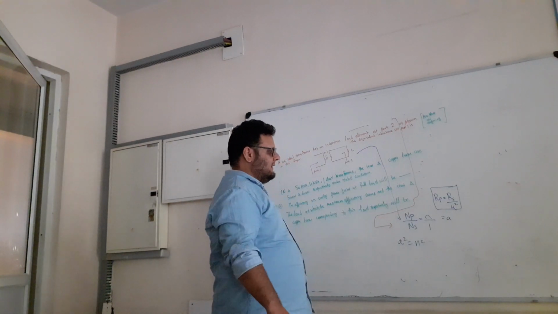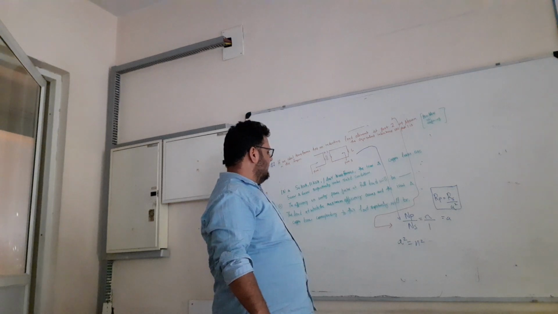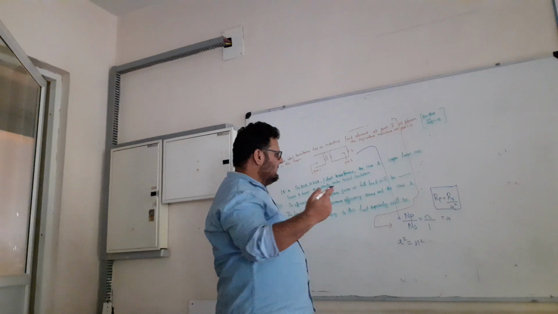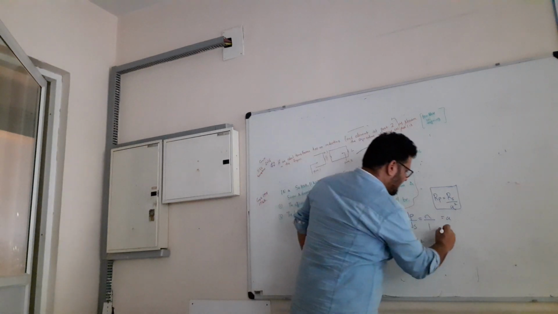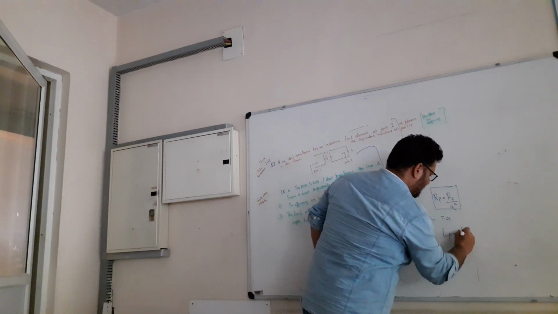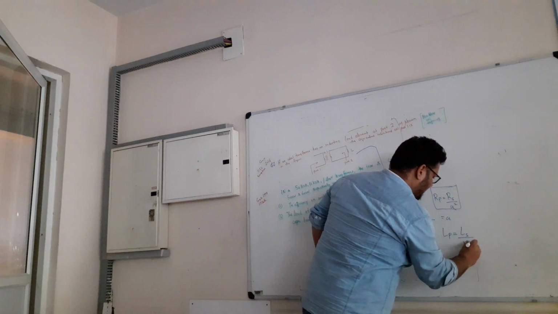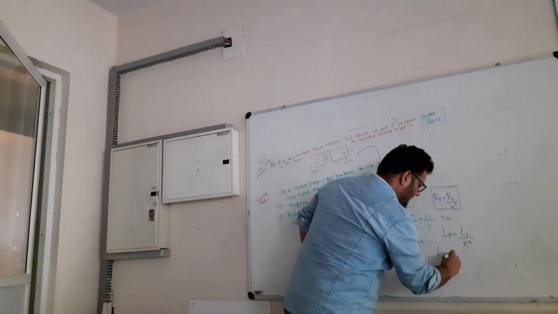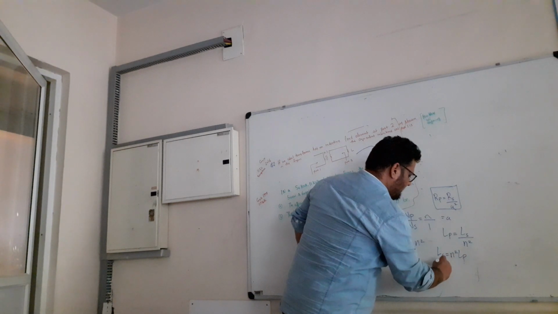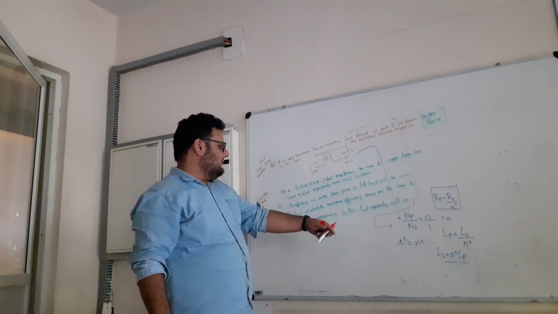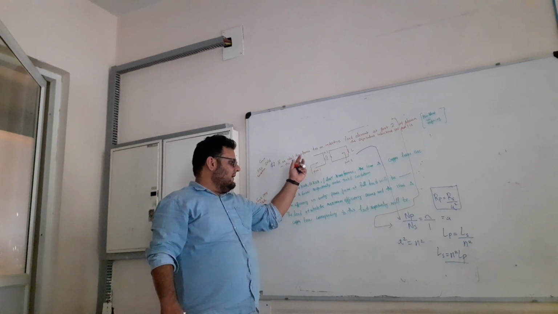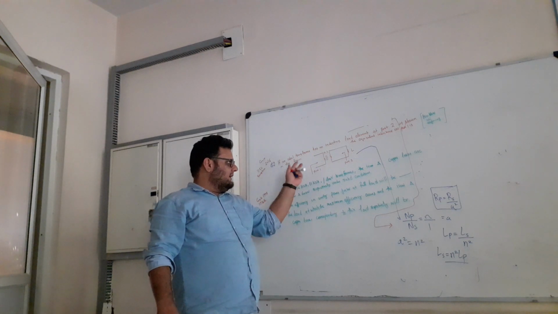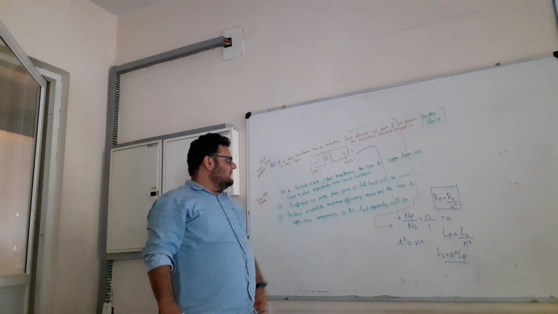So here again we have to consider this ratio and we have to refer this to the other side. Similarly here, if we want LP on this side, that would be LS by N square, or in other terms, if you want LS, we can write N square LP. So by this we can refer this to this side. Any which way, if we want LS, we can write it on the other side, and if we want LP, we can write it on the other side. So this is N is to 1.